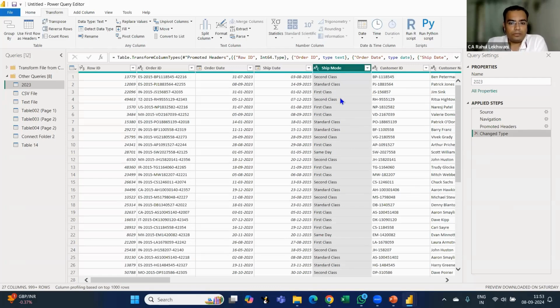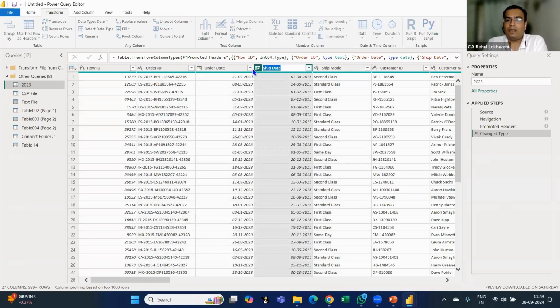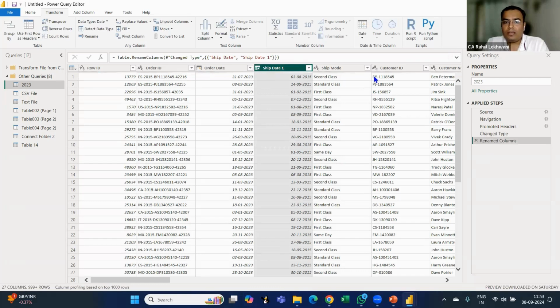and I'll be back on my original column. In the same way, if you want to rename the fields, you can just double-click on any field and you can rename it. By double-clicking, you can rename it. For example, I just put Ship Date 1. So I can rename it. Then